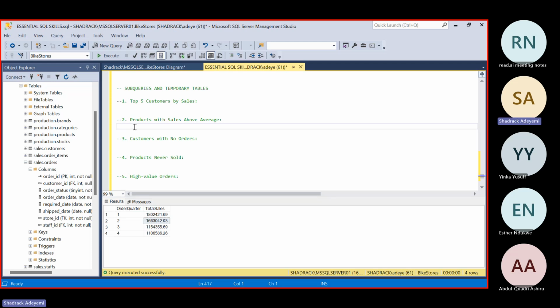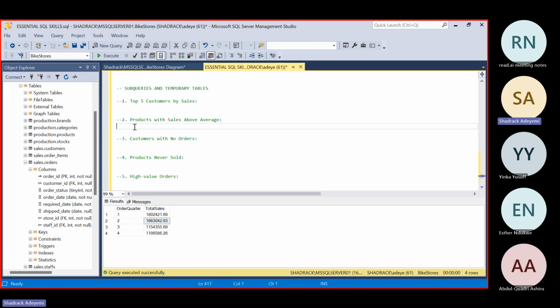Now, logically, before answering the question, we want to know products with their total sales that is above the average of the total sales. So what it means is that, because we don't have this kind of information sitting in our data set, we have to somehow create a temporary table, then run it as a subquery inside a query.